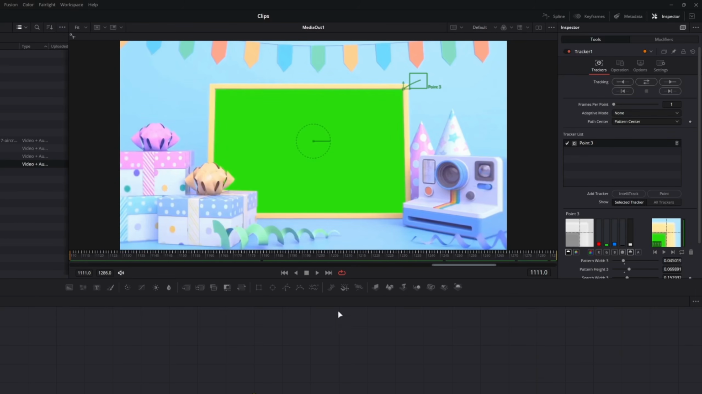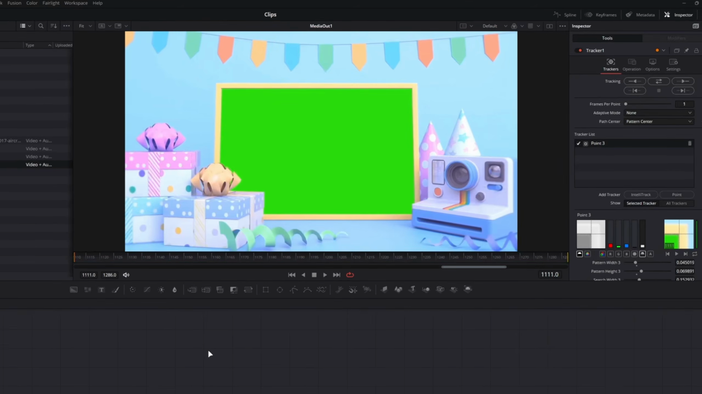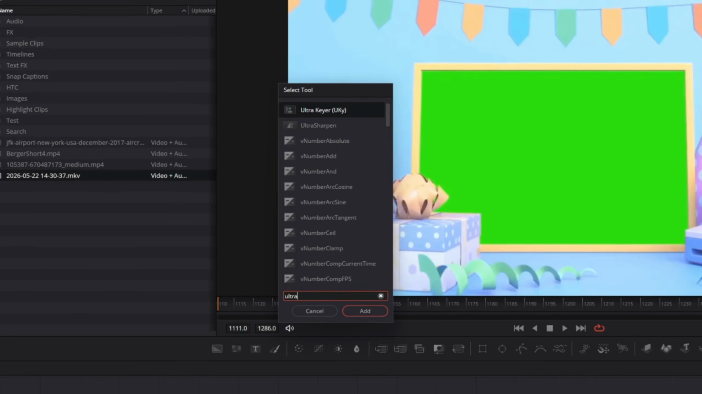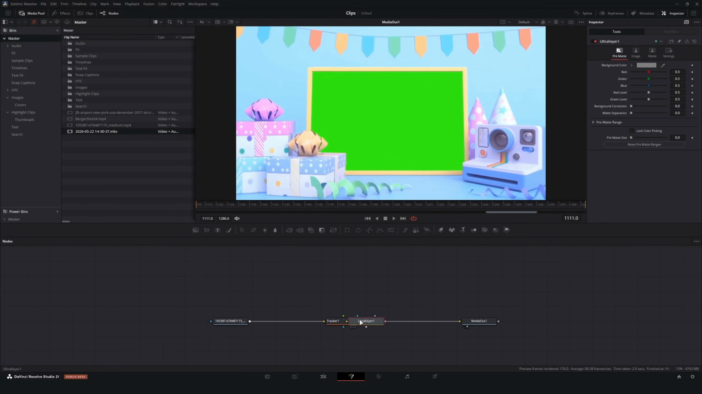Now, some of you are already probably aware of what keying is, but if you're not, keying is the process of removing a range of colors. And the keying tool that I'm going to use is our Ultra Keyer. There are definitely more than one way of doing this. I just like the Ultra Keyer. I tend to have happy results with it. So I'm gonna hit add. You'll notice that I'm not gonna